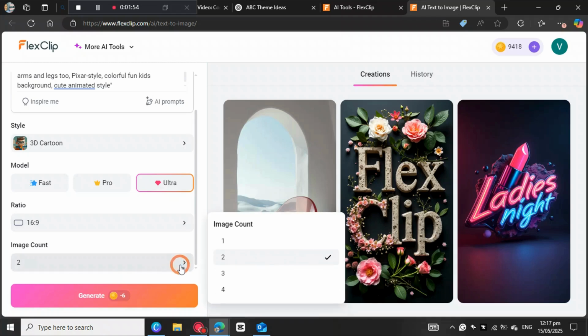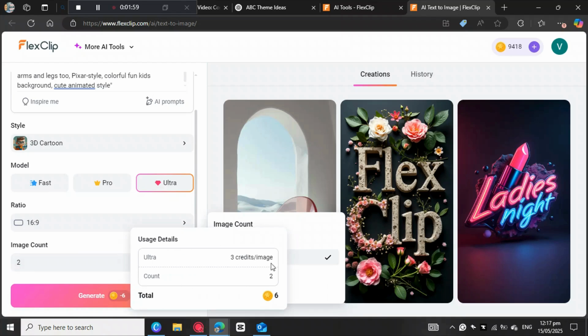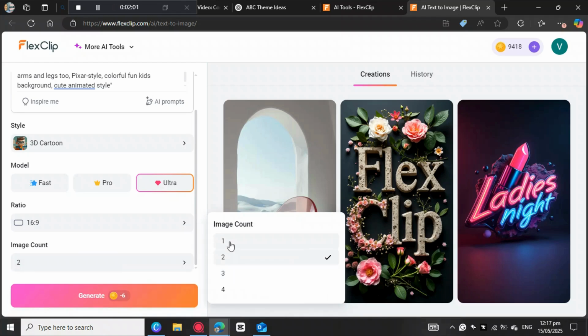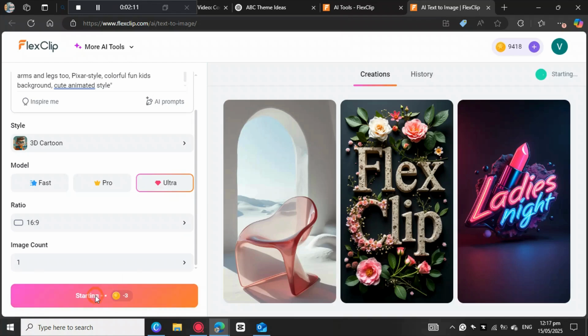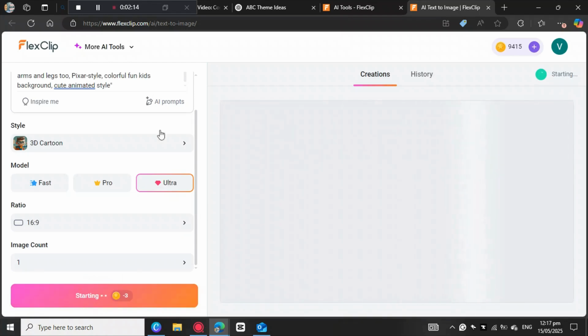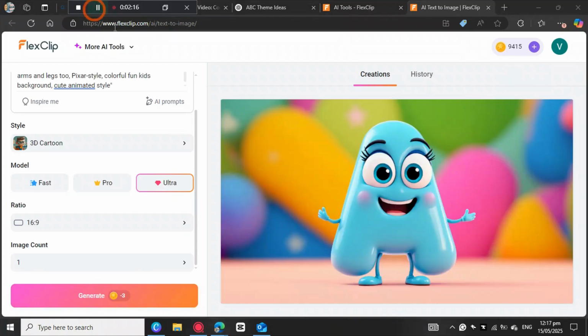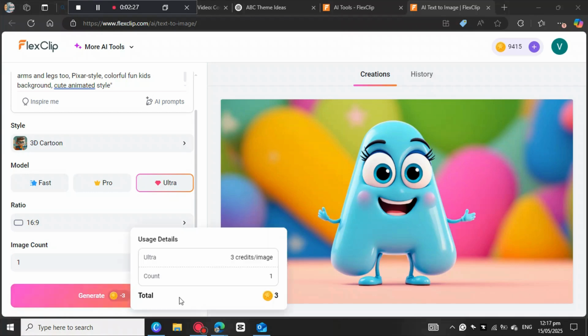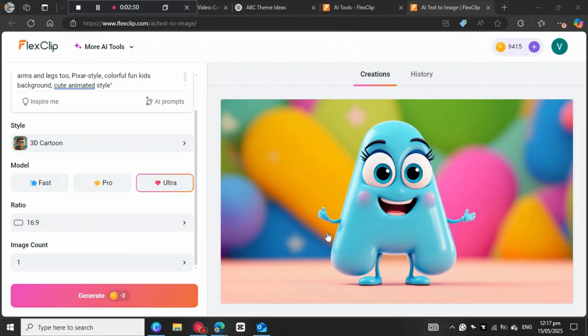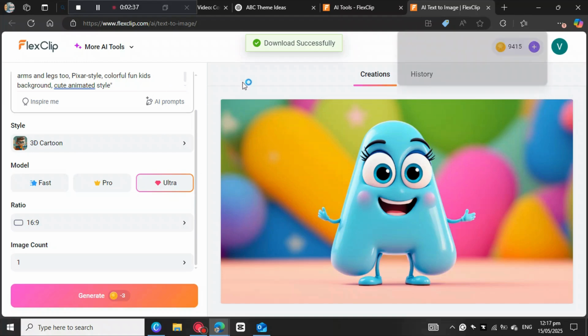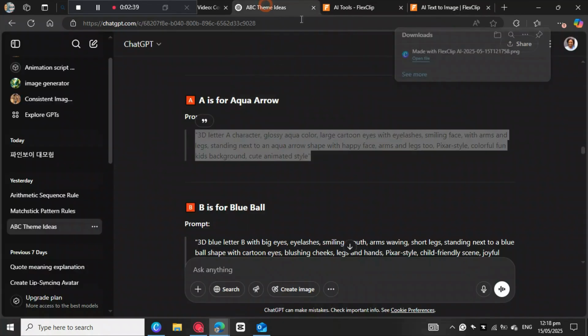Image count, so how many images do you want? So I'm gonna just go with 2, so you can just select the amount of images you want. Okay, so I'm gonna just come here to generate. Okay, so this is the result. Look how beautiful the air looks like. If you want more, you can just generate more, but with this one I'm happy with the one that I got. So I come here to download the image, and then I need to go back to ChatGPT and then